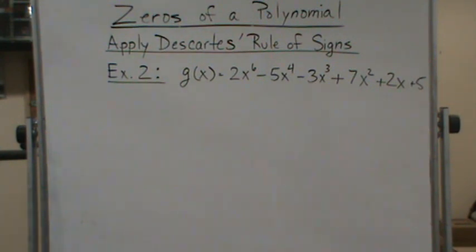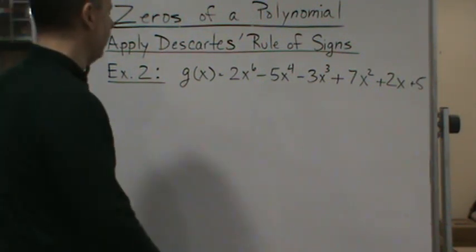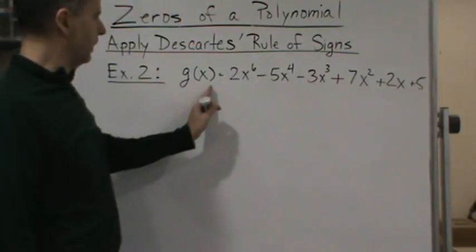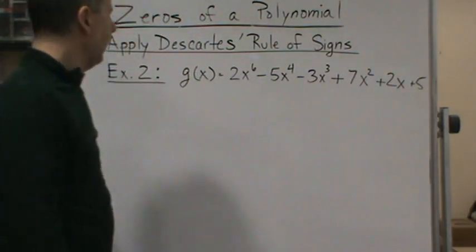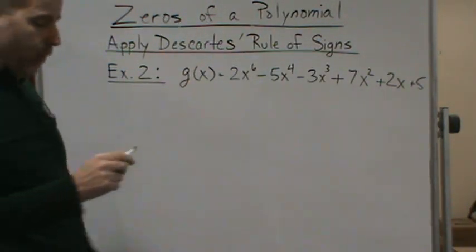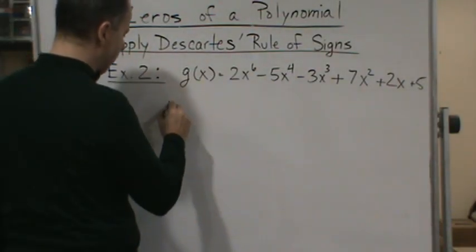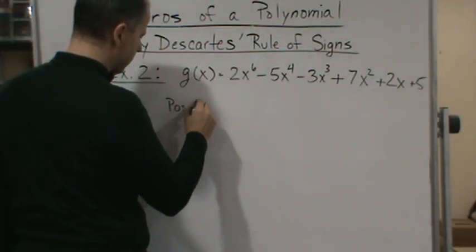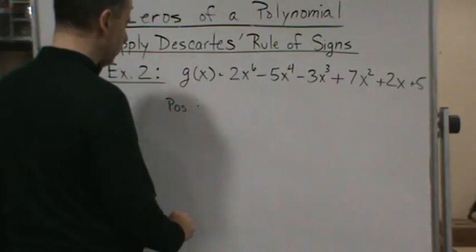All right, welcome back. Let's do another example. In this case, we've got g of x is equal to this polynomial here. And so now, again, we want to find, let's start with the positive real roots, right? So the positive real roots,